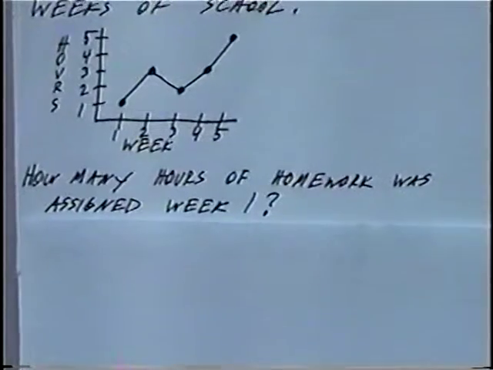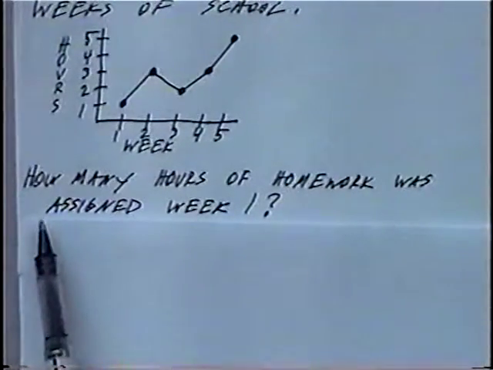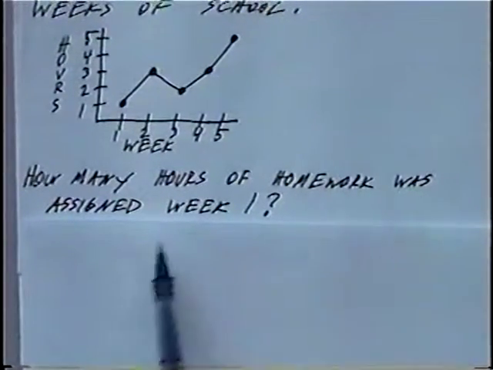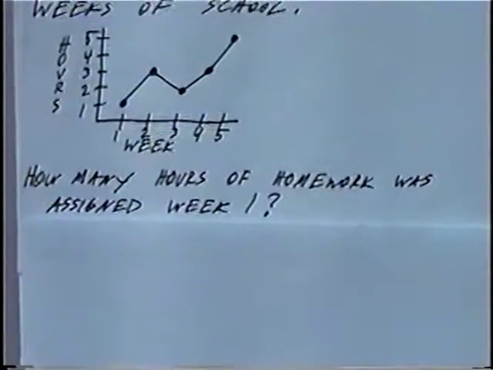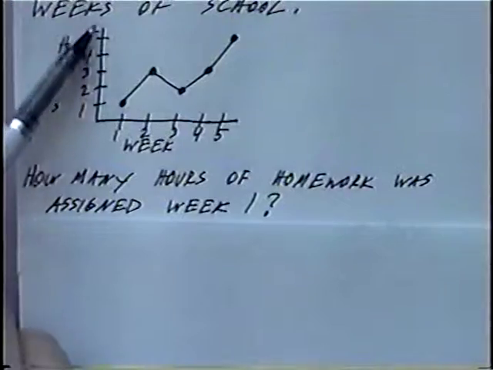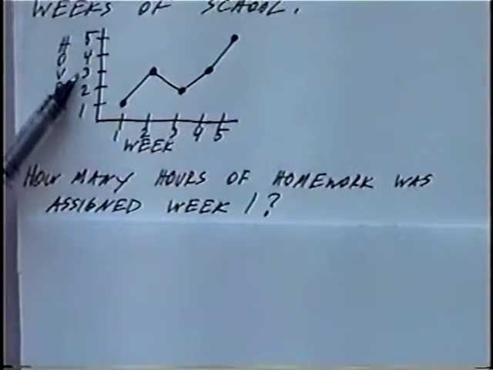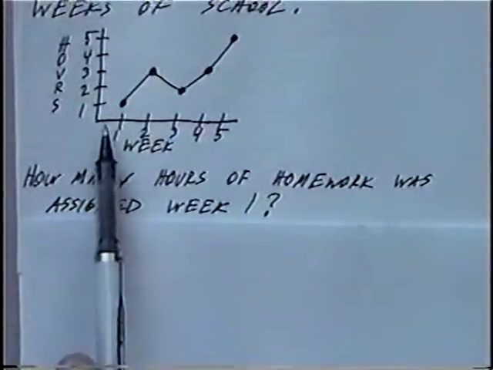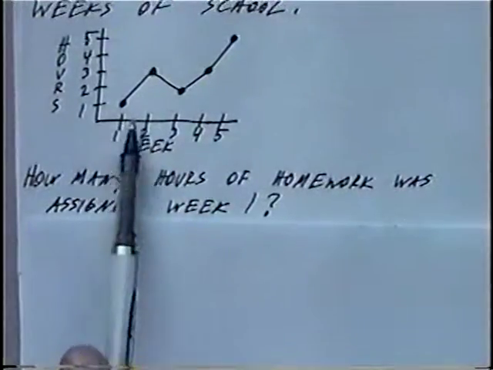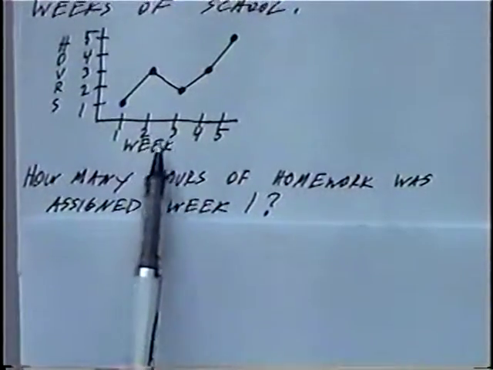Looking at the graph, we'll answer the following question. How many hours of homework was assigned week 1? Looking at the graph on the vertical axis, also known as the y-axis, we have the hours 1, 2, 3, 4, and 5. And along the horizontal axis, which we call the x-axis, we have the weeks 1, 2, 3,